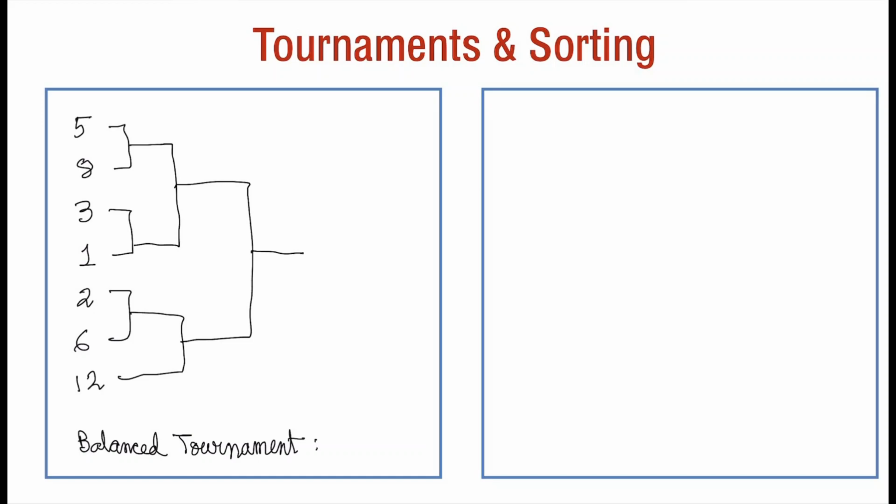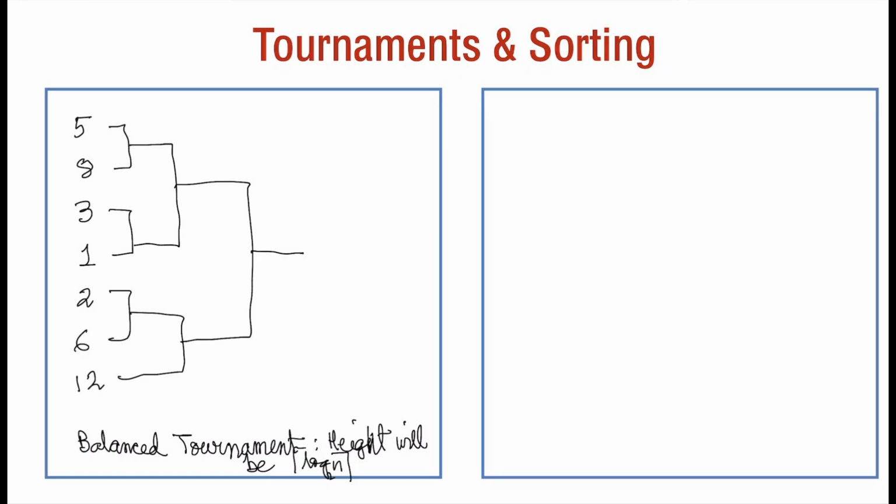And in a balanced tournament, the height will be log n to the base 2, ceiling. That means for 7 elements, the height can at most be 3. For 9 elements, the height can at most be 4, and so on and so forth. So once we have a balanced tournament, then we know that to find max 1,